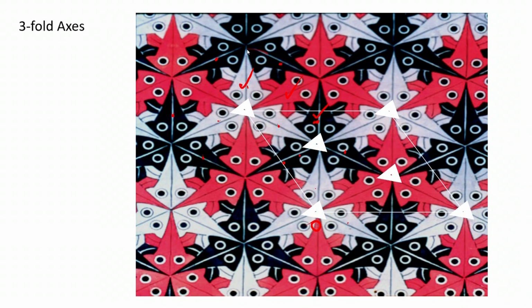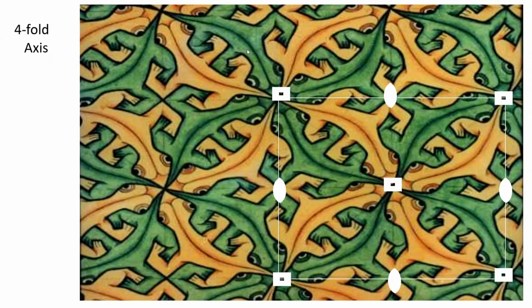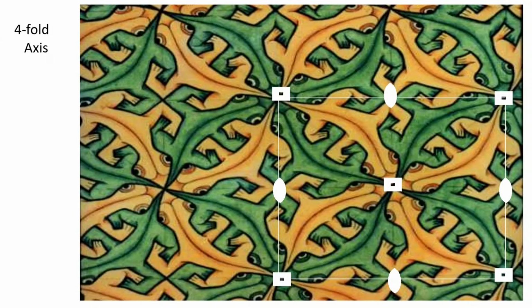So, you see with 2 dimensions what we have tried to do so far is to understand the concept of two-fold, the concept of three-fold. We can also introduce the concept of four-fold. Just like the three-fold and the six-fold existed together, we also have the four-fold and the two-fold existing together in this diagram. This is again a different kind of lizards, different sets of lizards we have shown here, and you see that the tails of these three fellows intersect at that point, the tail of this, tail of that, tail of this. There are 4 of them now.